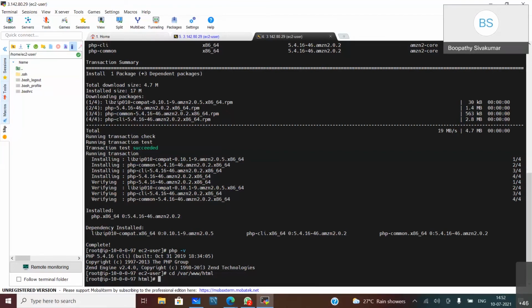In some versions of Ubuntu you can see /var/www/html. In some versions of Ubuntu you could see /var/htdocs. So it depends upon the OS version that we are using. You need to make sure to go through how to install Apache and PHP on the different machines that you are trying to use. Now we are targeting only Amazon Linux, and this is the path where you will add the files.